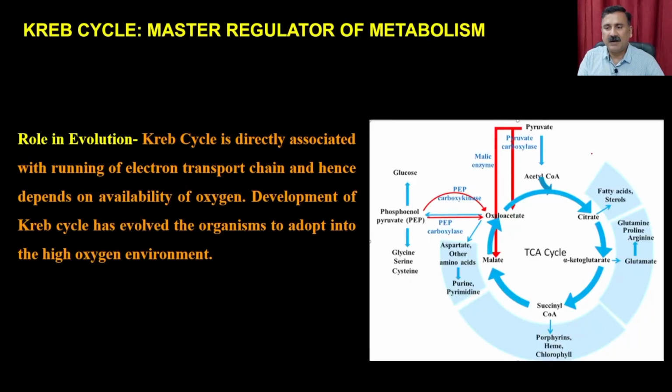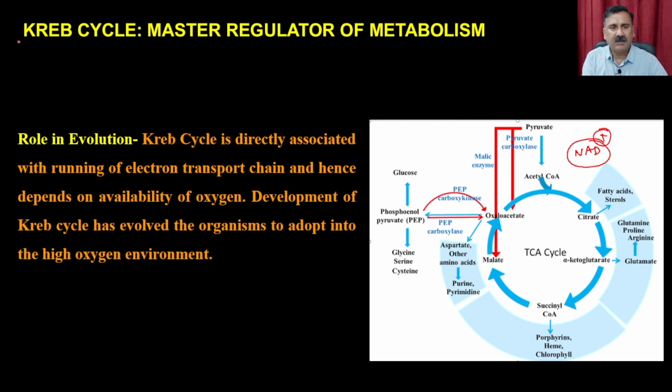The enzymes present in the Krebs cycle also play a very crucial role in the adaptation of organisms. For example, if oxygen is not present or there is a low level of oxygen, then the Krebs cycle enzymes are going to shut down, because if there is no oxygen, there will be a very high concentration of these reducing equivalents, so there will be a high level of NAD plus, right? But if oxygen is not present, there will be high production of NADH. And